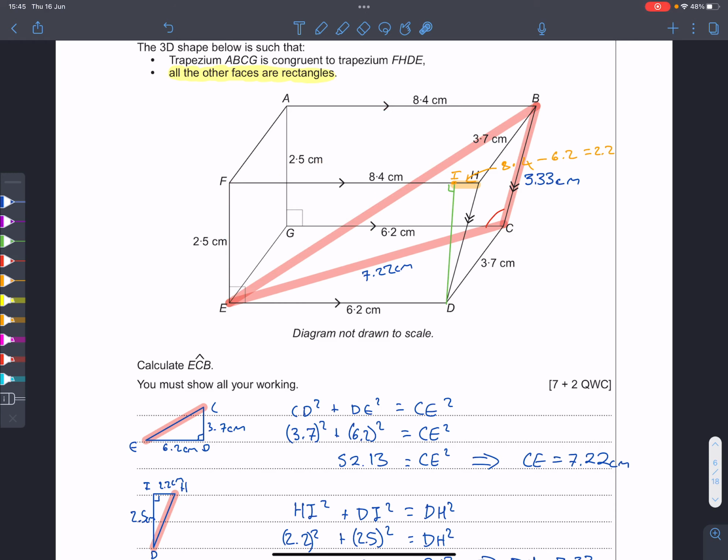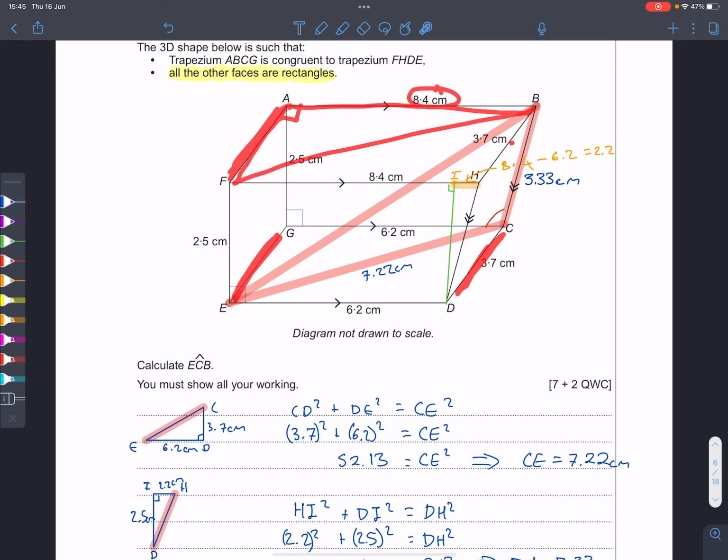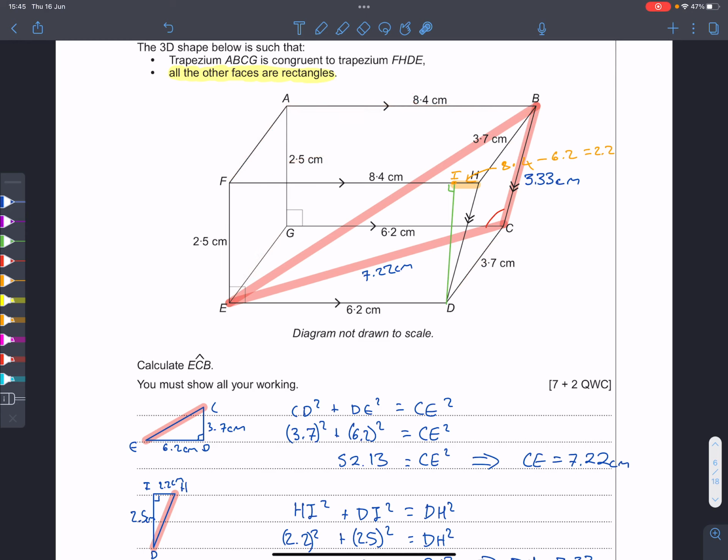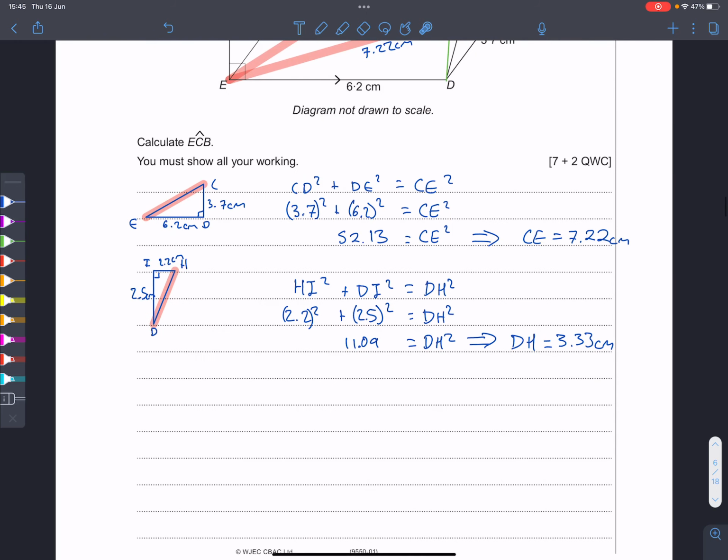So I can do that by using another right angle triangle. I can use AFB. So because this is a right angle, by there, I know that this is 8.4, and I know that this length here, AF, is going to match with these lengths here, which is 3.7. So if I draw my triangle AFB,